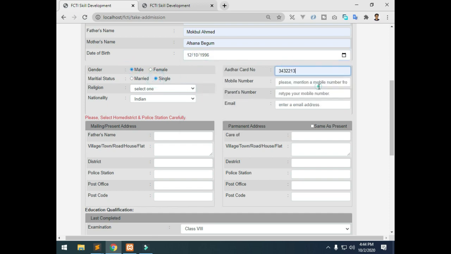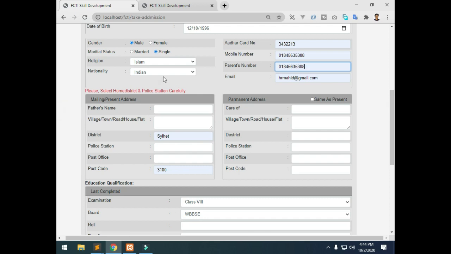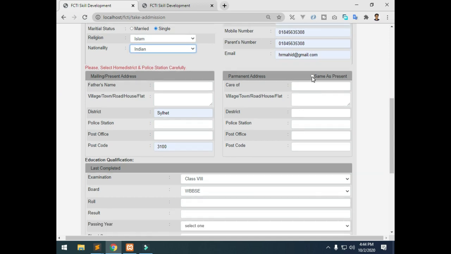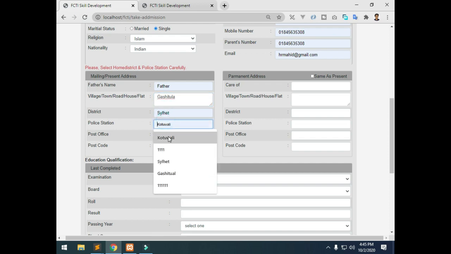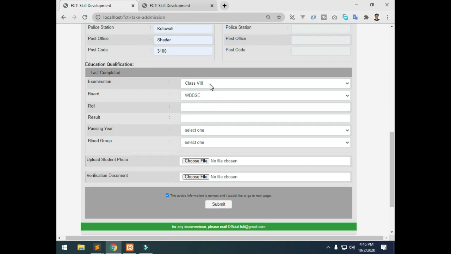So I'm giving a dummy phone number. Then email address, my email address. Here I am including my address, same as present. Then my educational qualification, you can change all these things.